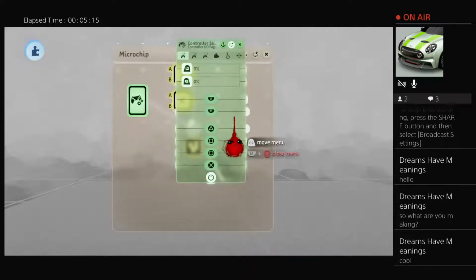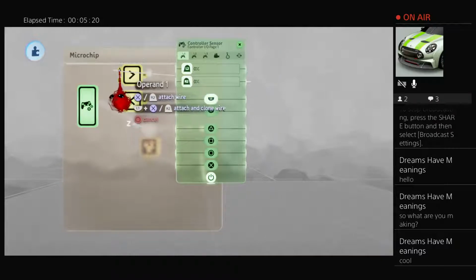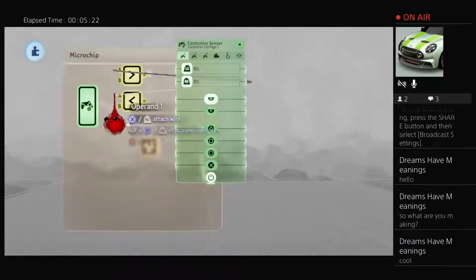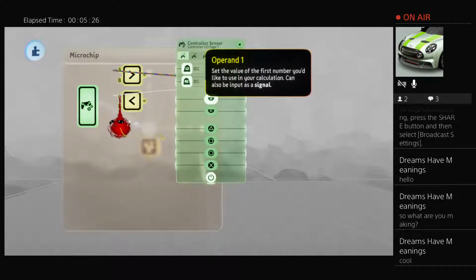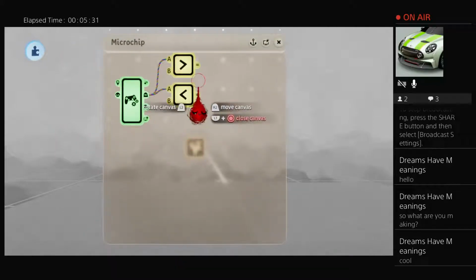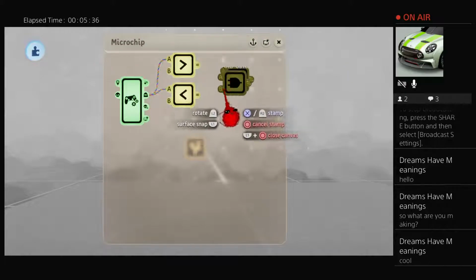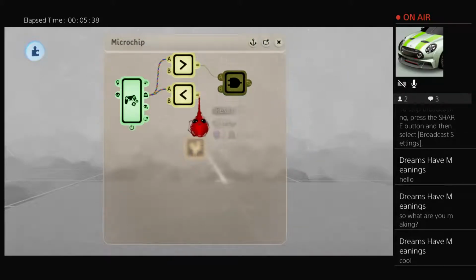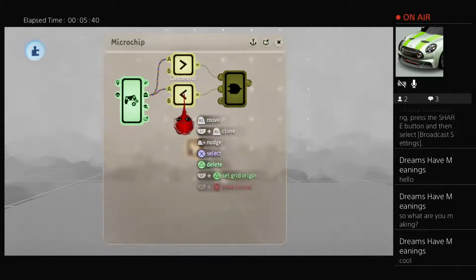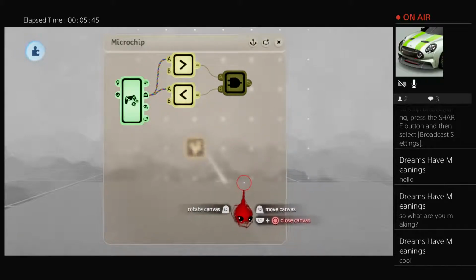And if I very quickly string that up to there, if I hold L1 while I press on A, I get a second wire straight away. I don't have to then go back to the output and do something else here. So I can now circle off of that, and I can do a very quick AND gate. And I can do that and that. So if it's greater than that and it's less than that, I'll then get a positive if I've done this right when it's under 10% pressed. So if I